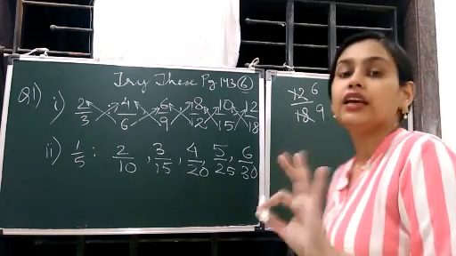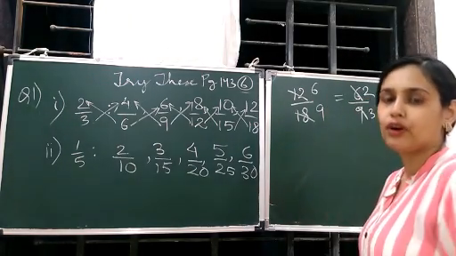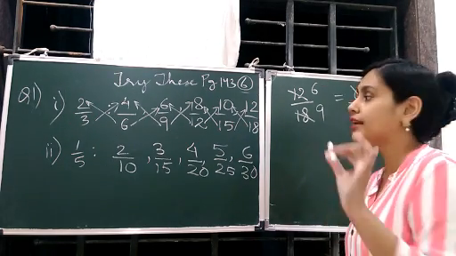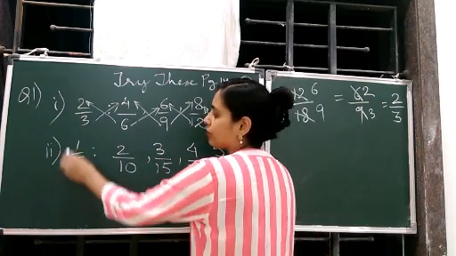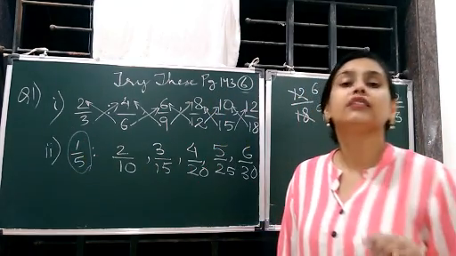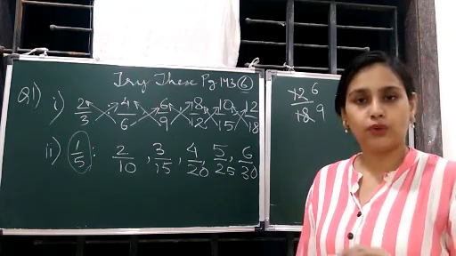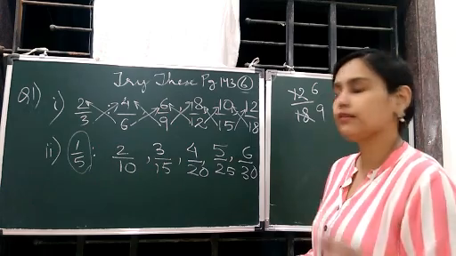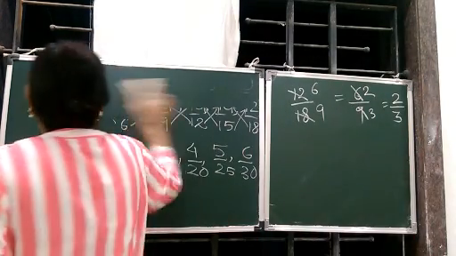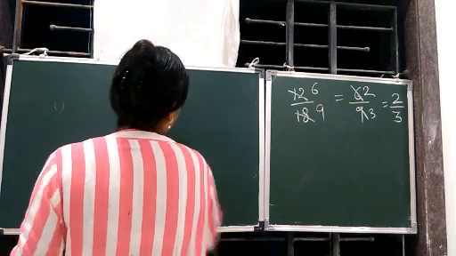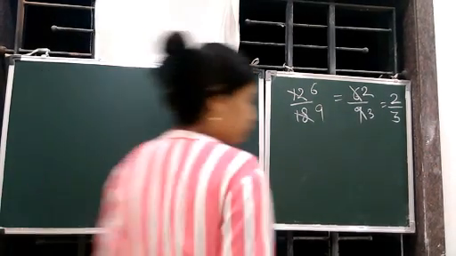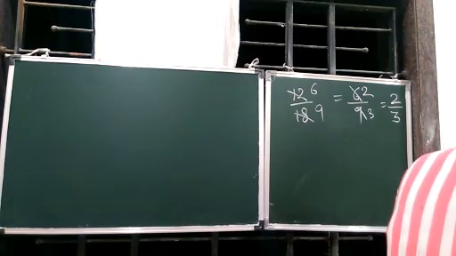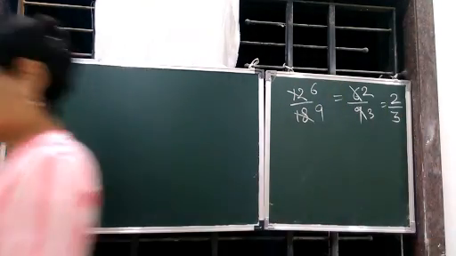When a fraction cannot be divided further or cannot be brought down to a smaller form, then that particular fraction is said to be in its simplest form. The best example is this 1 by 5. You cannot divide 1 by 5 by any other number to make it smaller. Clear? So 1 by 5 is in its simplest form. There is one more. Try these, children, on page 146. Let's do it.